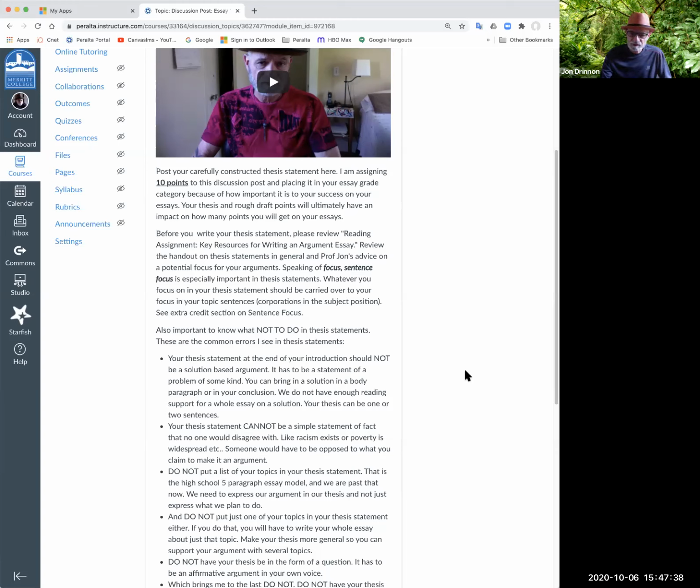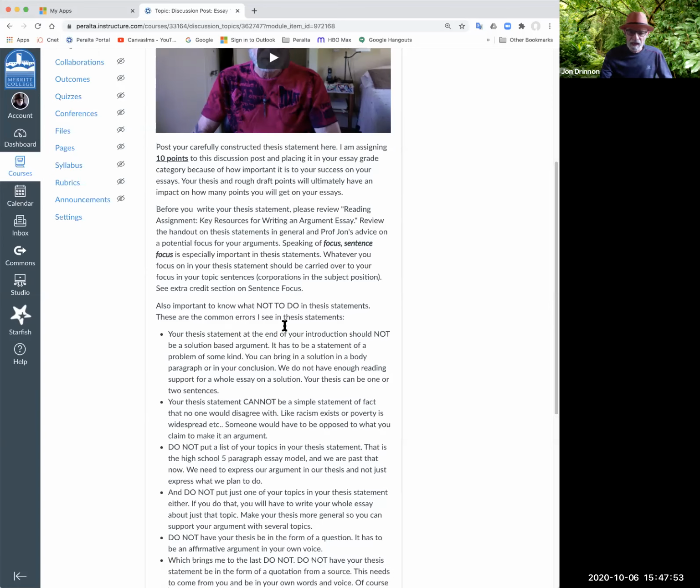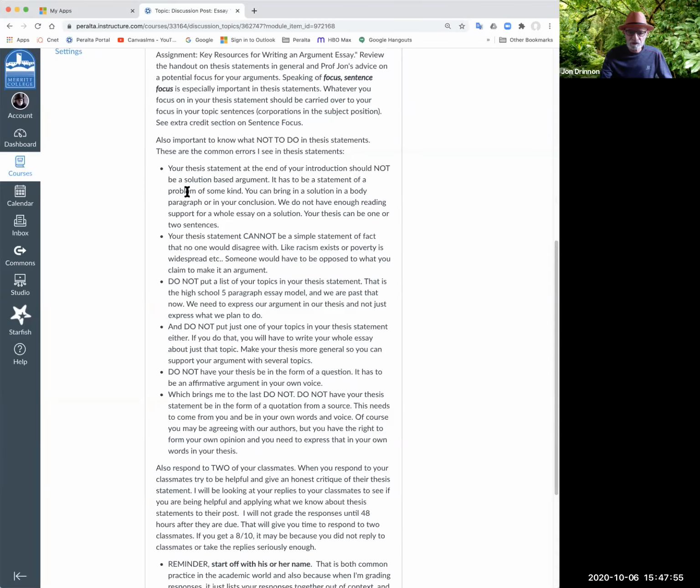But you need to have a really well-constructed thesis statement. A thesis statement can be 1 or 2 sentences, and comes at the end of your introduction. It's the last sentence or 2 in your introduction, as it says on the handout that I showed you previously. And these are some things that you should and should not do in a thesis statement. A lot of these are what not to do, so I want to make sure you go over these things very carefully to make sure that you're not doing the wrong thing when you're creating a thesis statement.